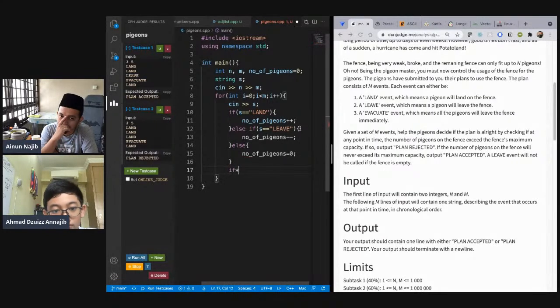If no of regions greater than m, greater than n actually,